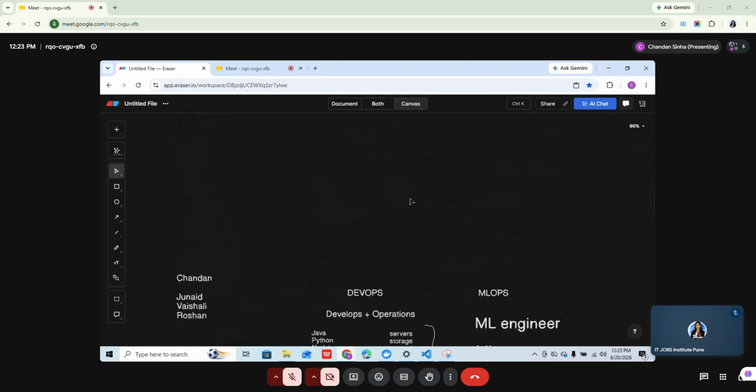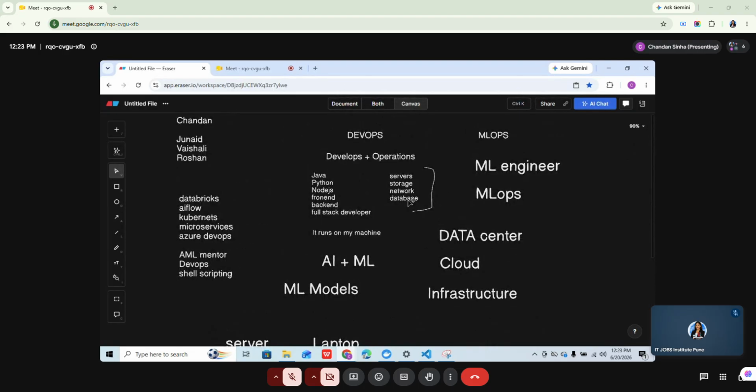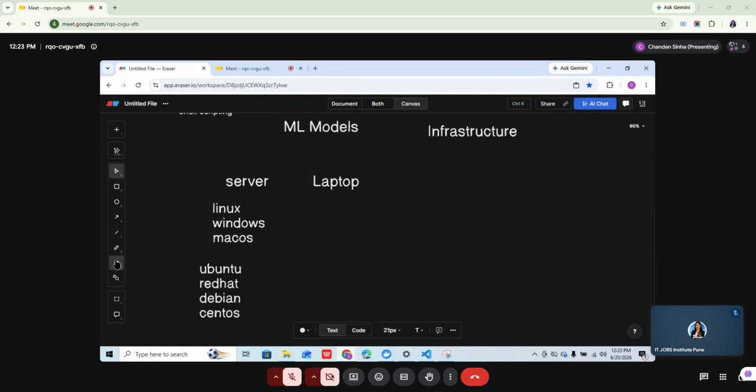So I was telling you about the job opportunities and why we are learning DevOps, right? There are learning paths for all these things. So first of all, we have a goal, and our goal is to learn DevOps. And in order to learn DevOps, we should have a learning path, like what all we need to learn to become a DevOps engineer or an SRE